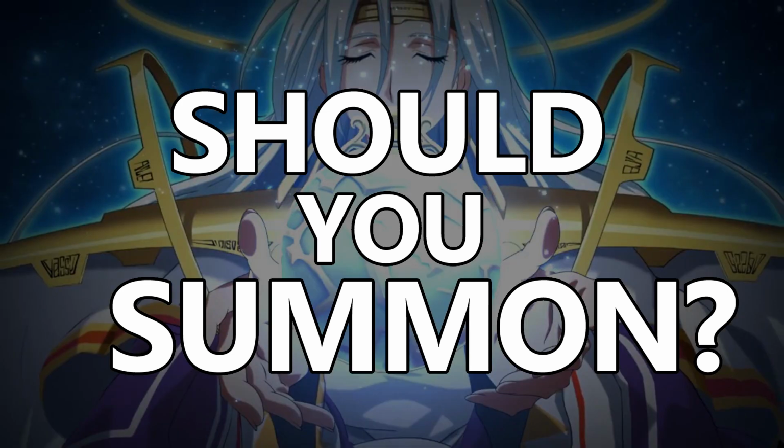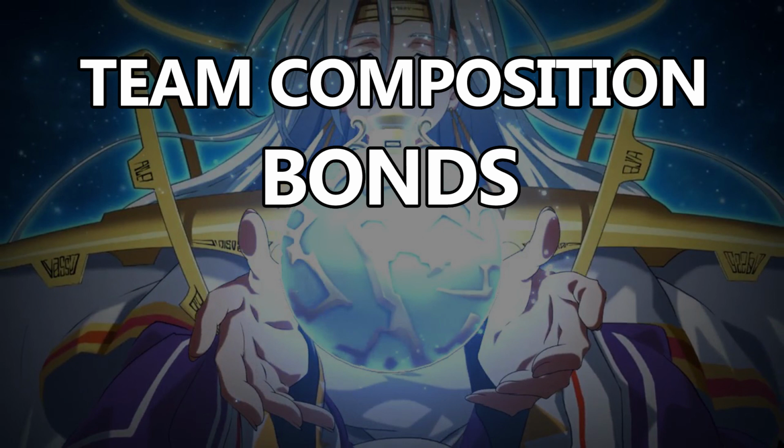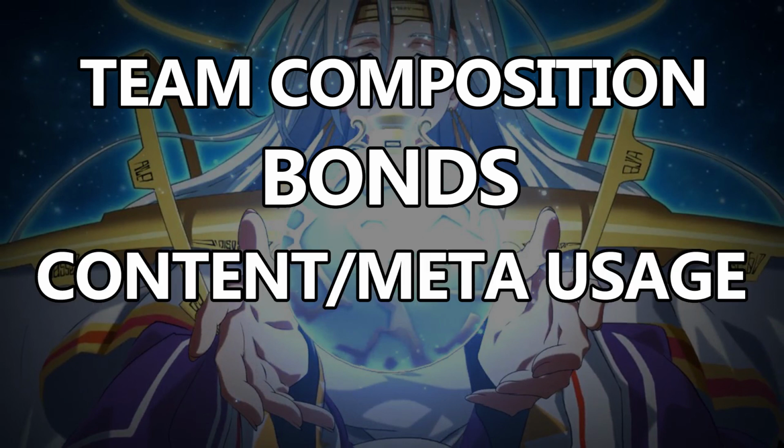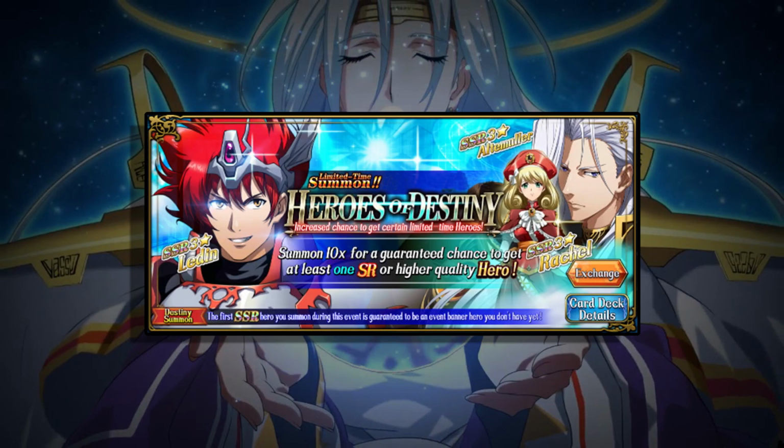As always, I'm going to be presenting high-level overviews using these 4 criteria to help you decide whether this banner is worth your hard-earned vouchers and crystals. How these characters fit into your team, whether they unlock any bonds, what kind of content they get used for, and their future availability. So let's get right into this Destiny banner featuring Ledin, Rachel, and Altemuller, running from June